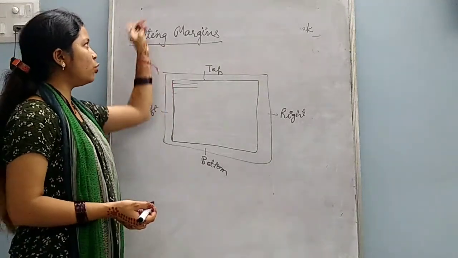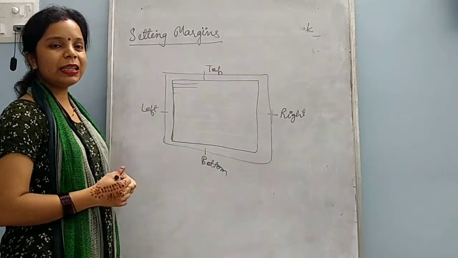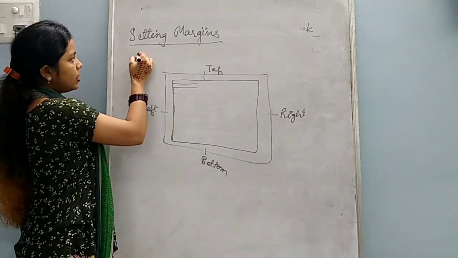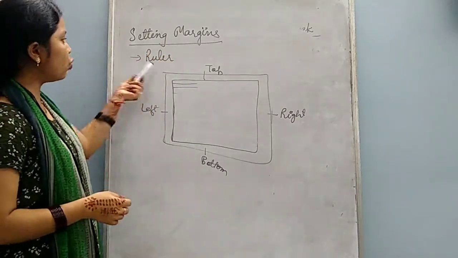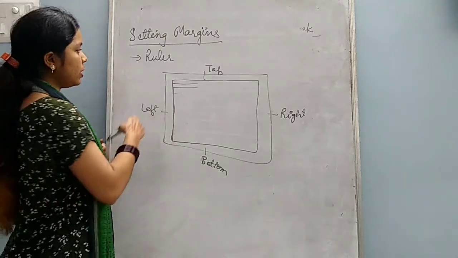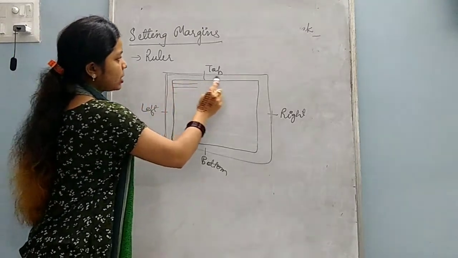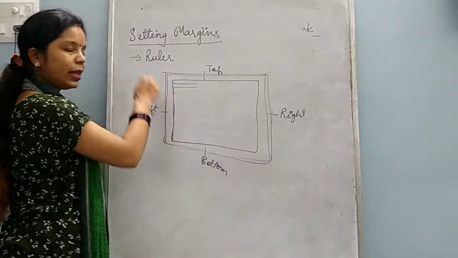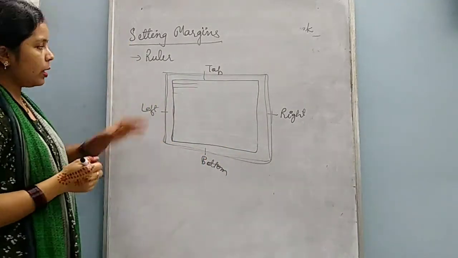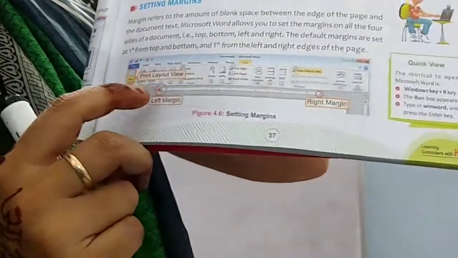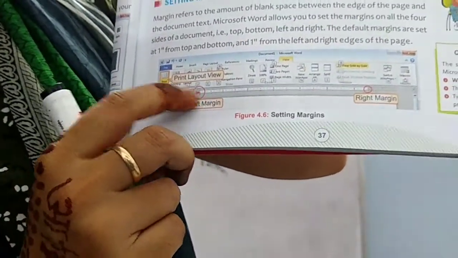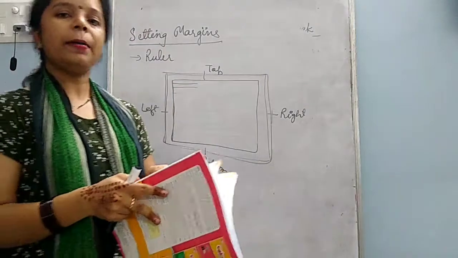Now how will you set it? You can do the settings in the margin. For changing this margin, one method is that you can use the ruler. When you click on the View tab, there you will get the ruler option. When you click on the ruler option, it will display the ruler on these sides of the page. By dragging the mouse you can set the margin by dragging on the ruler like this. You can see in the page this ruler is there like this, and see these points are there. By dragging these points on this ruler, you can set the left, right, top, bottom margin.